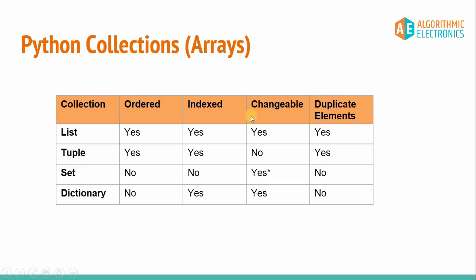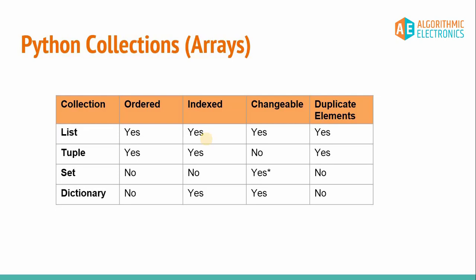So here we have list, tuple, set and dictionary, and we are talking about different properties of these collections in Python. As far as the list is concerned, it is ordered, indexed and changeable, and it will allow duplicate members. By the word ordered, I mean they follow a particular order of putting data, and that's how they have an index. For example, at index 0 some value is stored, at index 1 some value is stored. We'll discuss that in detail while programming. Every element inside the list has a unique index, and that's how it is ordered.